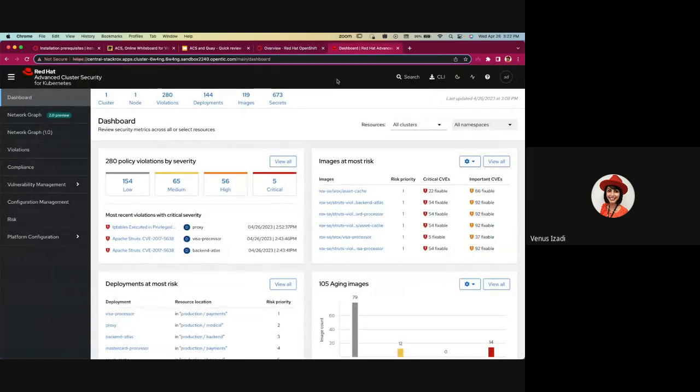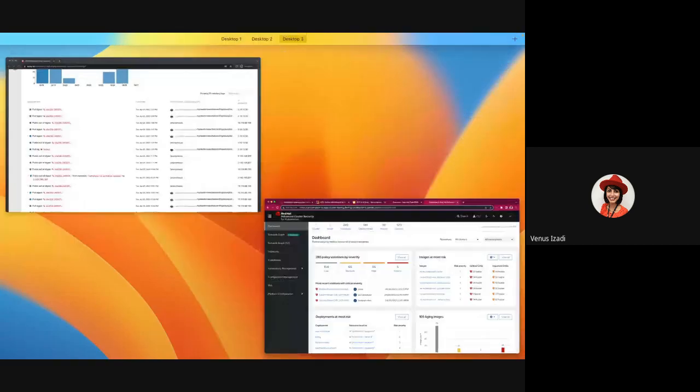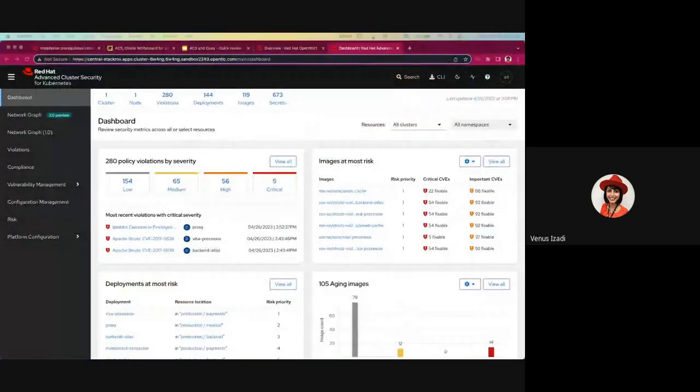All right, so this is my ACS, or Advanced Cluster Security for Kubernetes platform. Let me fix this issue. All right. So as you can see, I try to keep everything not complicated, a high-level review, and I will show you all these little tabs and every detail. But to start with, I will start with this top right panel,